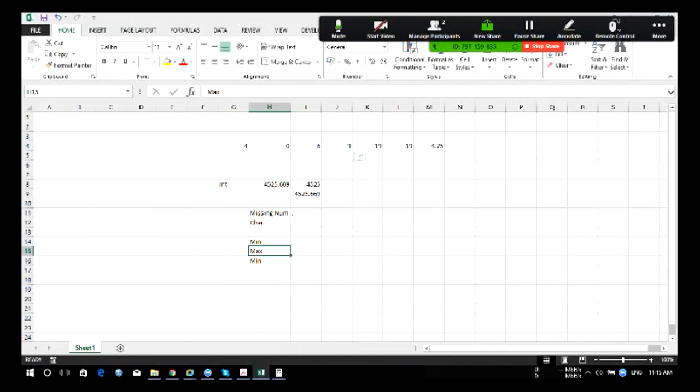But what will happen with minimum and maximum? This will give you the minimum in this whole set of data, correct? And this will give you the maximum. But if someone wants to know which is the largest, let's say you are getting a salary for each month, and I want to know which was my third largest salary, for that we will be able to use this largest, smallest function. If someone is interested to know the third smallest value, correct? Then we'll be using the keyword called smallest over there.